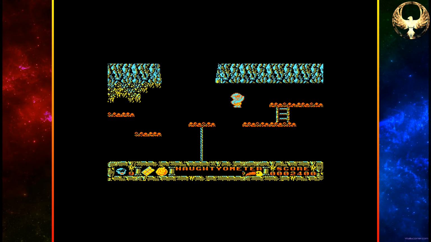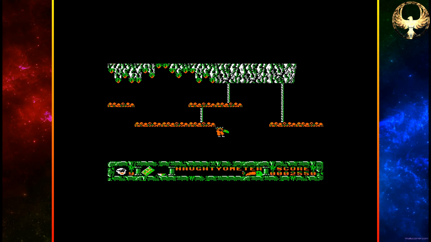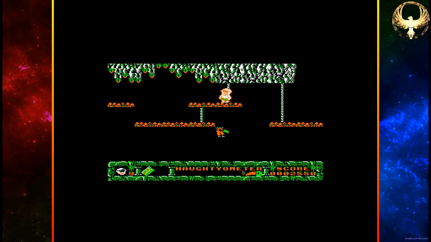You'll find coconuts at various intervals of the levels, so you'll need to keep hold of them. If you collect a beehive, I think that's a beehive, it makes you invulnerable for a short space of time as well. Creatures tend to be somewhat suicidal as well. And it ran out. They kind of drop off the ledge there, so...